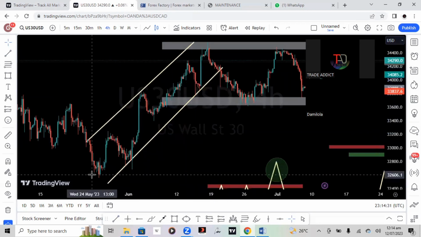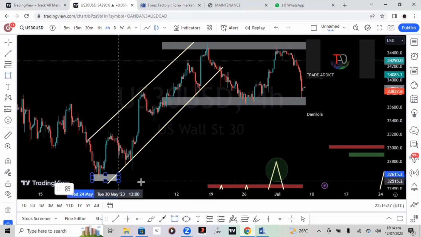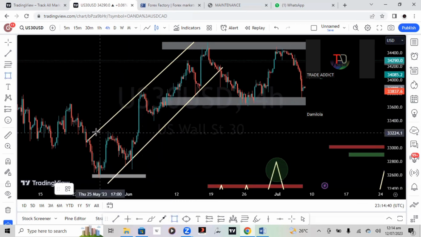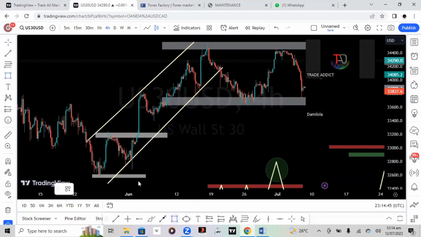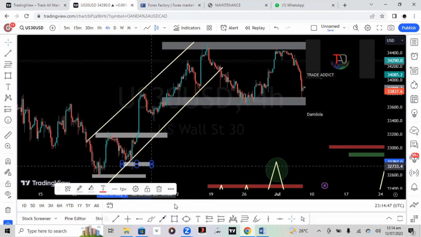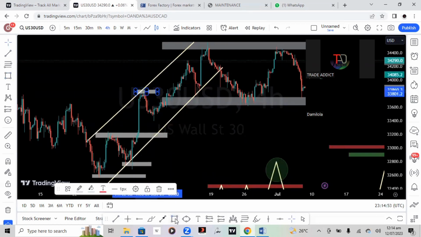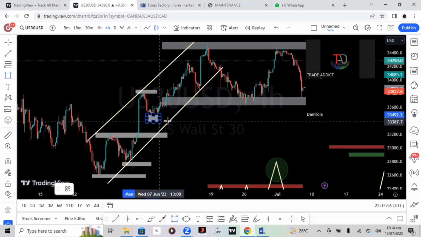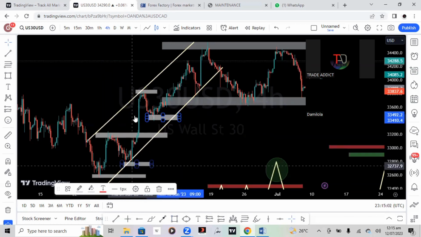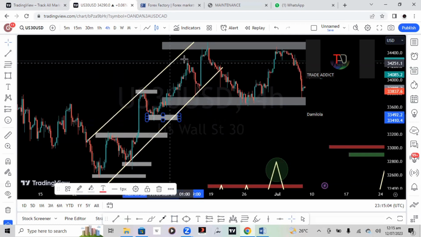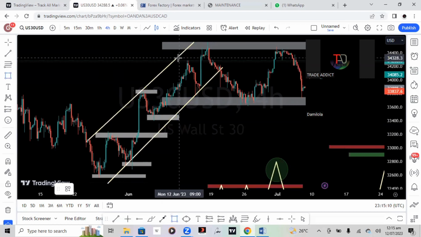So this is low. This is our low. This is our low. This is our high. This is called our higher low, and this is called our higher high. So this is called low, high, higher low, higher high, higher low, high, low, higher high, and higher low. So in an uptrend market, price will create series of higher highs and higher lows.